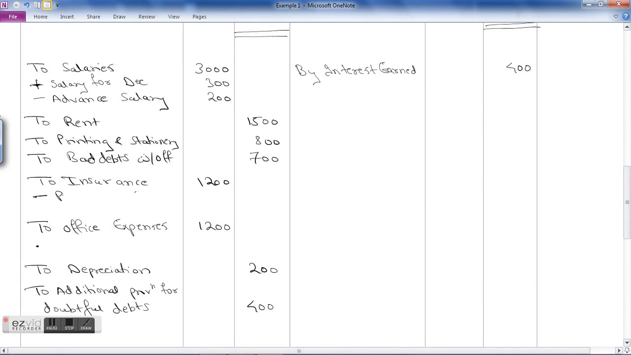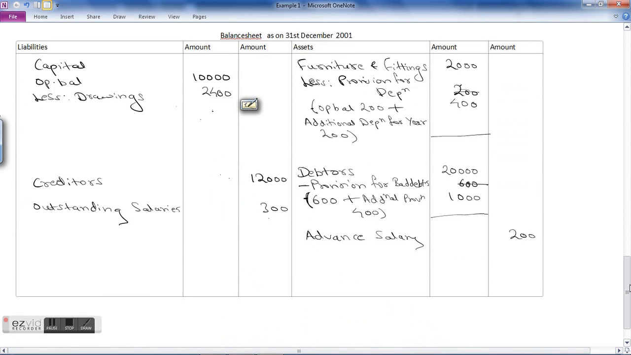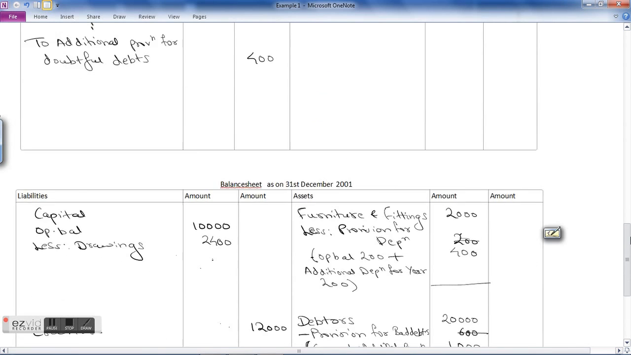less prepaid insurance 200, and then on your balance sheet asset side I have to put it as prepaid insurance 200. Okay,